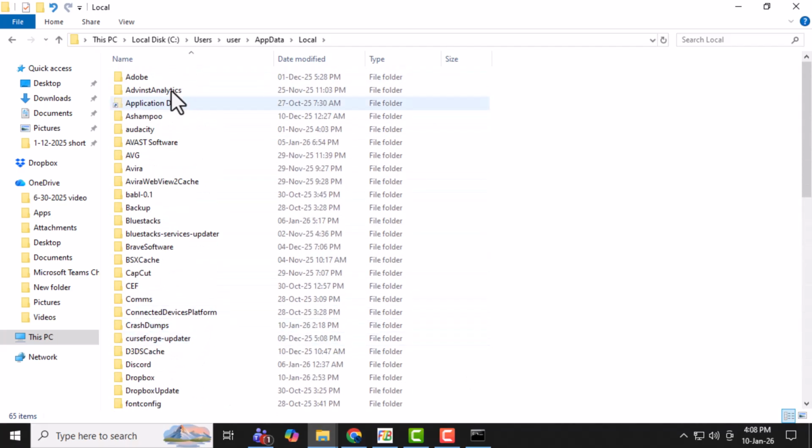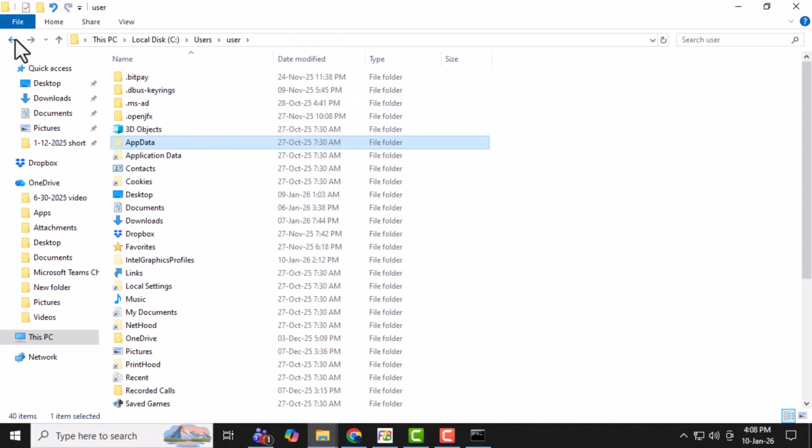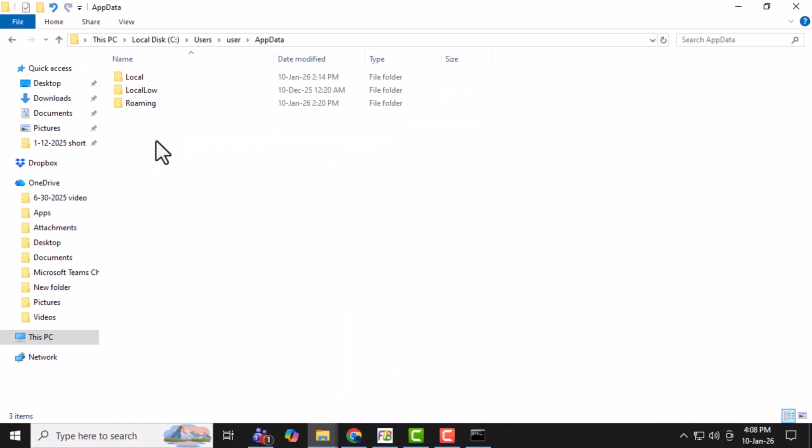Step 9. Use the LocalLow folder for files that need restricted access by certain applications, which helps protect sensitive data. Step 10. Use the Roaming folder for data that needs to sync across multiple computers, such as your preferences or